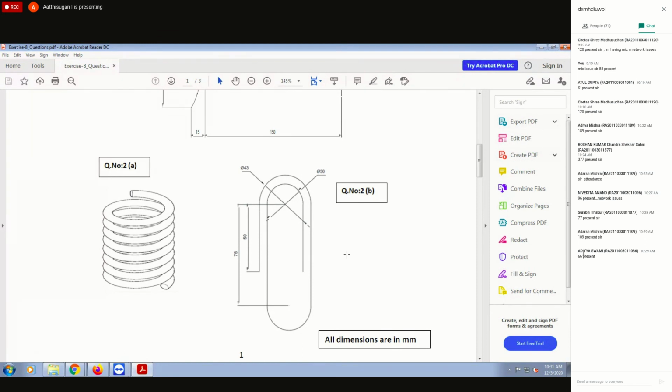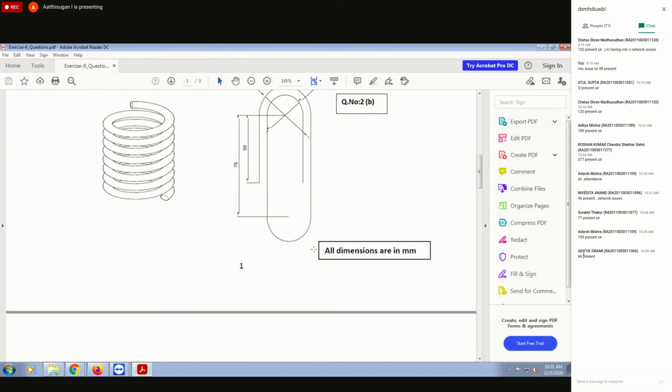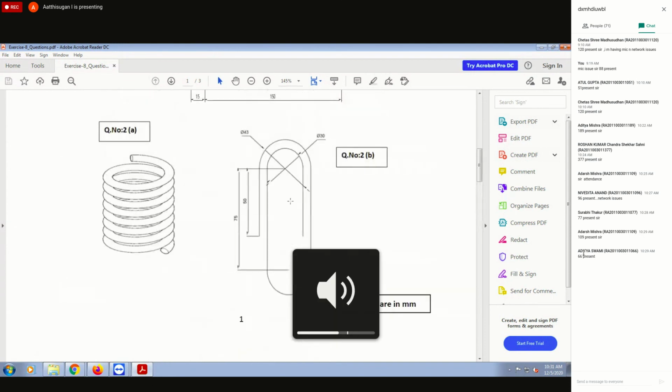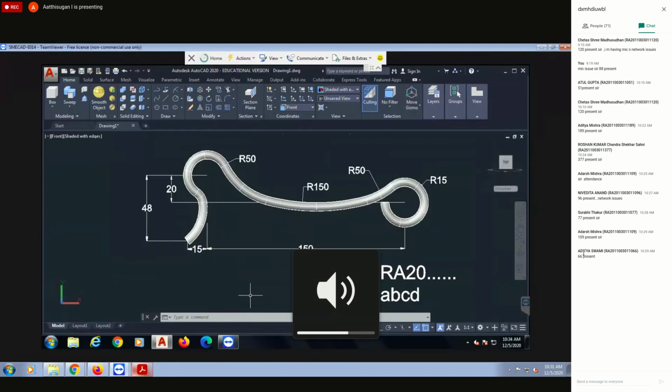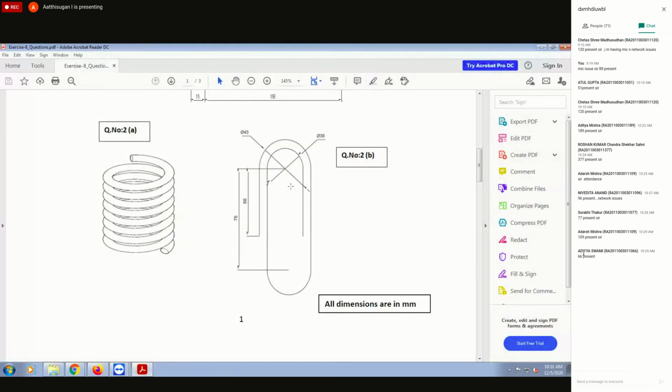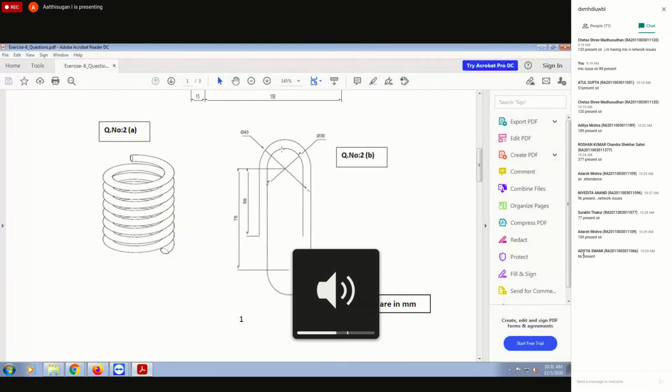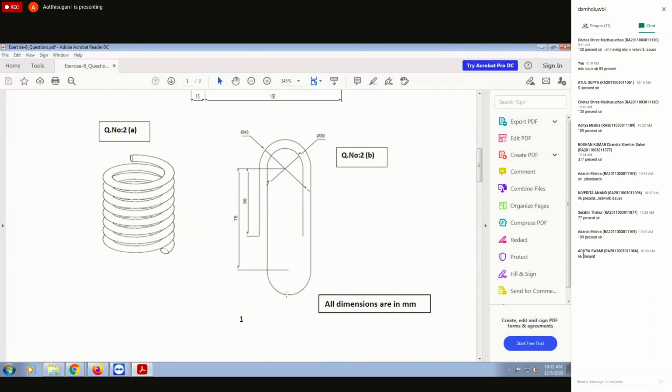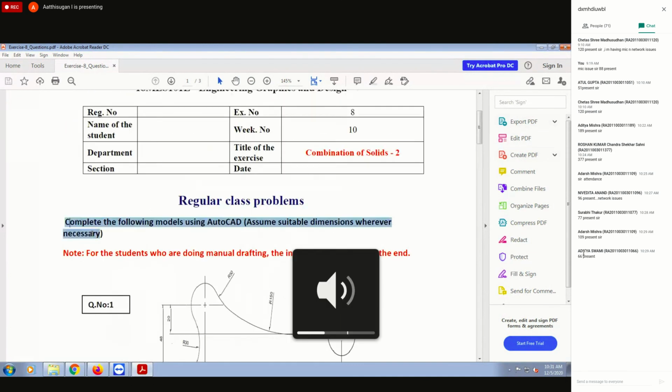That's it. Easy only. Okay, so try. All people, right? Okay, so like this, I want the same image in AutoCAD. Yes, sir, what is the radius of the semicircle below in the second question, second part? That's why I told you, now you can take this one. Better you take the smaller one because the sum is the same. Or your own dimension. Already the question is clearly given.